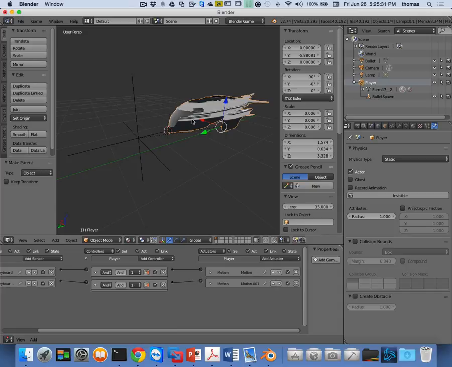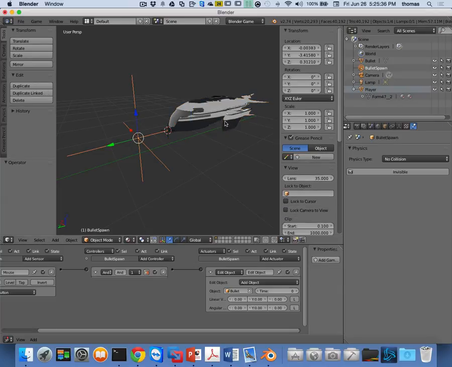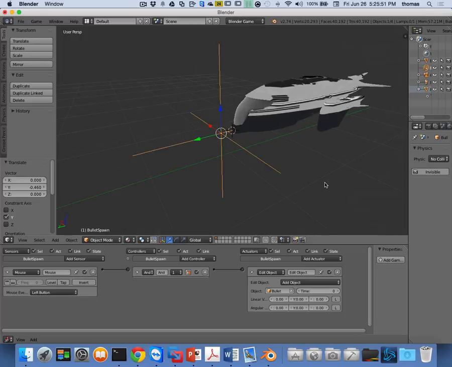So I will undo. So now my bullet spawn's going to be on its own, right? However, let's bring it closer to the player, like down here. What I'm going to do for my bullet spawn is, right now it only has logic bricks that allow you to do a left mouse button, and it doesn't move with the player, right? So the other trick to do is copy the logic bricks from my player to my bullet spawn, so when my player moves, my bullet spawn moves instead of parenting. So here's my player,